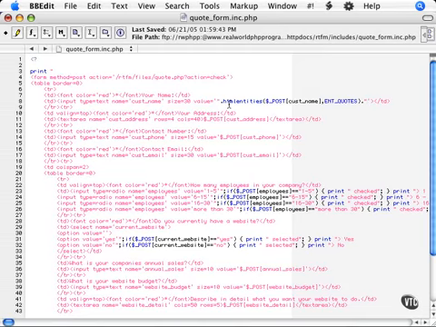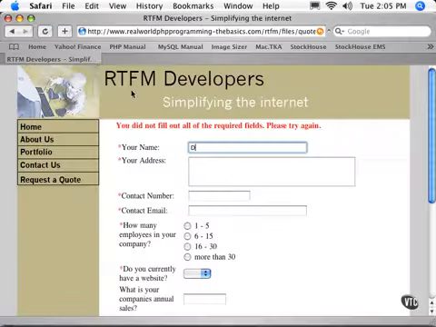Because of the behavior of text boxes, which convert character entities to their visual equivalents, such as a double or single quote, you'll visually get the double or single quote within that text box, but the code is the character entity equivalent, meaning it will not actually interfere with the HTML. So we only have to do this for text boxes. Text areas and other form elements will not suffer from this problem. So let's correct all of these, and then we'll run the same form again with a single quote. Now we run the form,